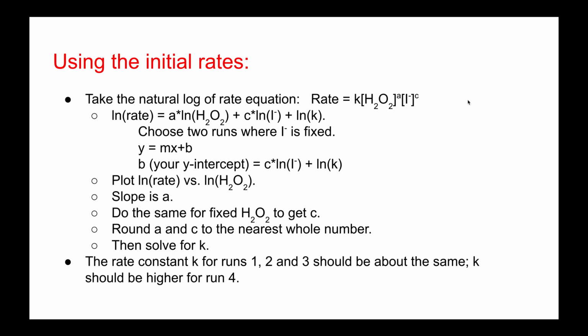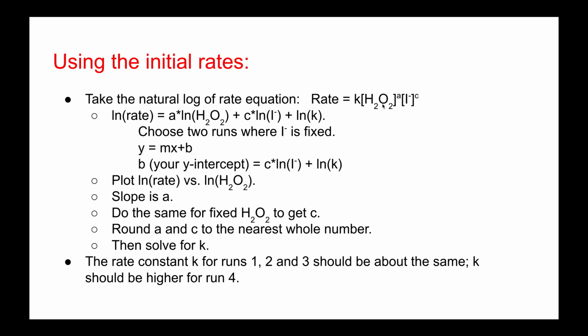Okay, so now there's a couple ways to do this. We know how to get our rates 1, 2, 3, and 4. We have to get our rate constants 1, 2, and 3. We'll get our rate constant 4 later, but again that's at an elevated temperature. I'll get to that in a little bit. We also need our orders of reaction. There's a couple ways to do this. We could do the way we did with that problem earlier in the lecture slides, or what we can do